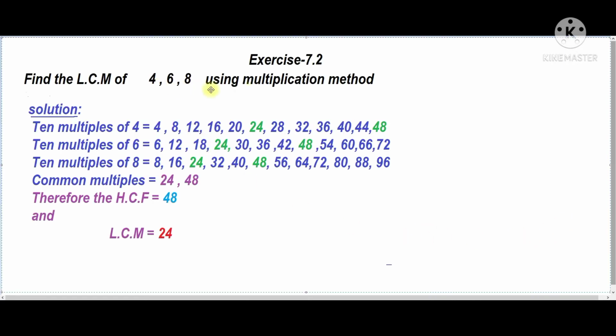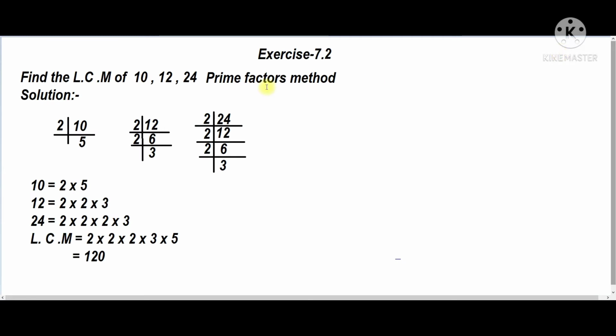How to find LCM. In our previous class, we already learned to find LCM by using the multiplication method. This method is already done in class. And next, the prime factorization method, this one was also done in class 4. So today we'll learn how to find LCM